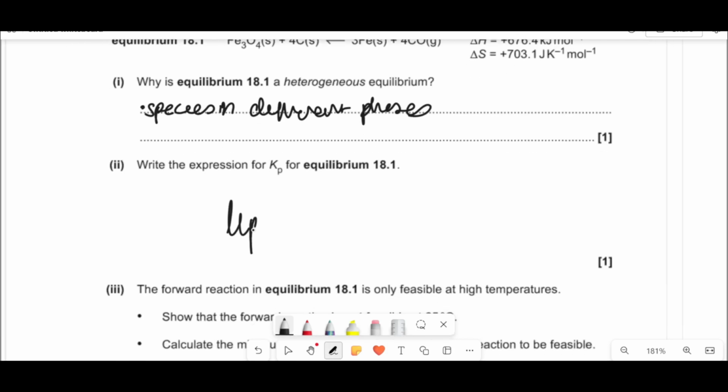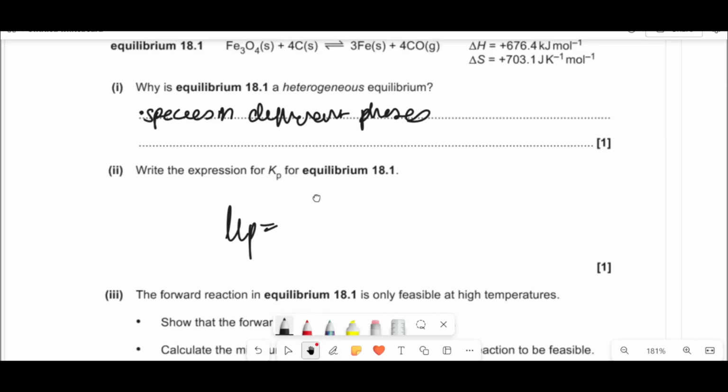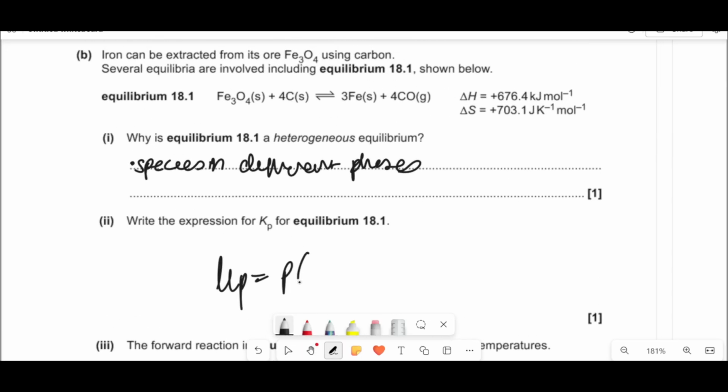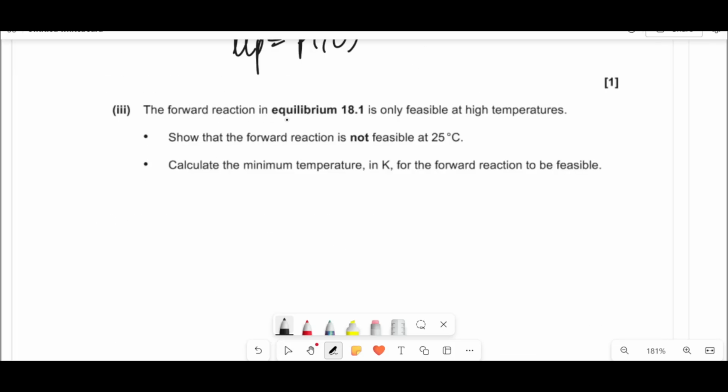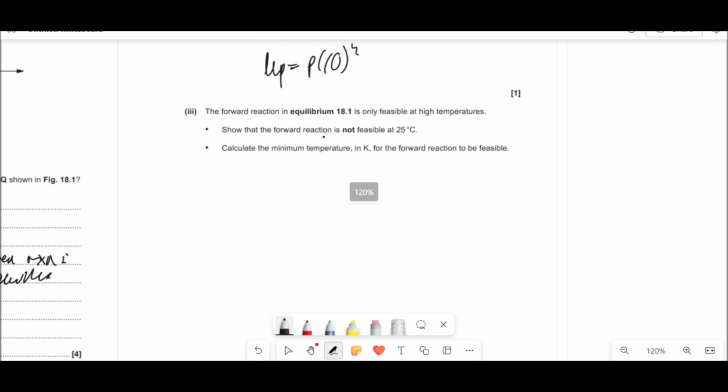So Kp is a gas equilibrium, which is going to be a product of your reactants. The only thing that's gaseous here is that, so it's going to be PCO to the 4. That's it. Can't put these in because they're solids. Be careful. Now it says the forward reaction is only feasible at high temperature. Show that the forward reaction is not feasible at this and calculate the minimum temperature in K for the forward